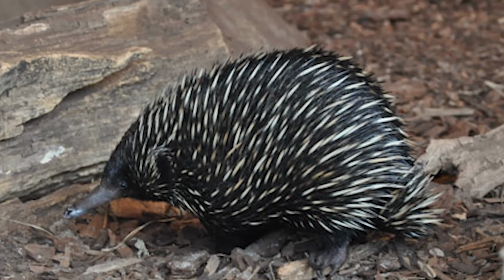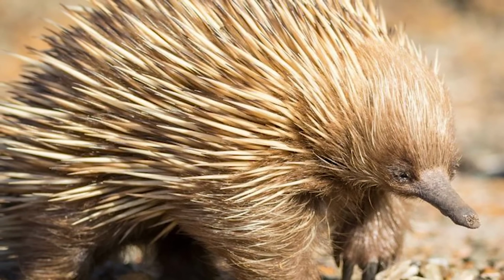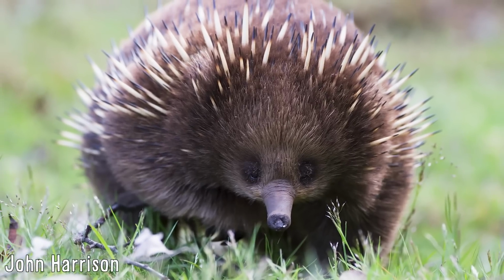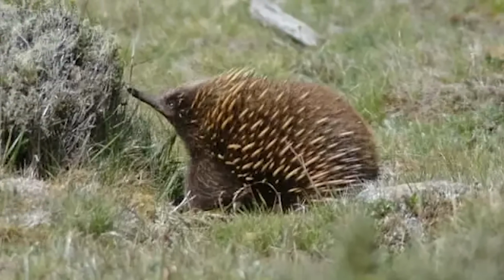T. a. lawsi in the Highlands of New Guinea and potentially northeast Queensland. T. a. multiaculeatus on Kangaroo Island. And finally T. a. setosus being found on Tasmania and a few islands in the Bass Straits, north of Tasmania. They are fairly common across their range, the exception being in New Guinea, though this is mainly due to little